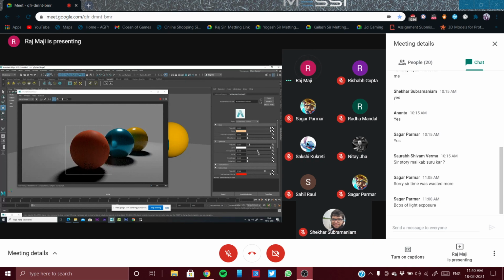Roughness a little bit more, 0.4, 0.5 should be for human skin. Okay, and subsurface weight can be a little bit less. Yeah, this is fine. Okay, so now it is looking like flesh.